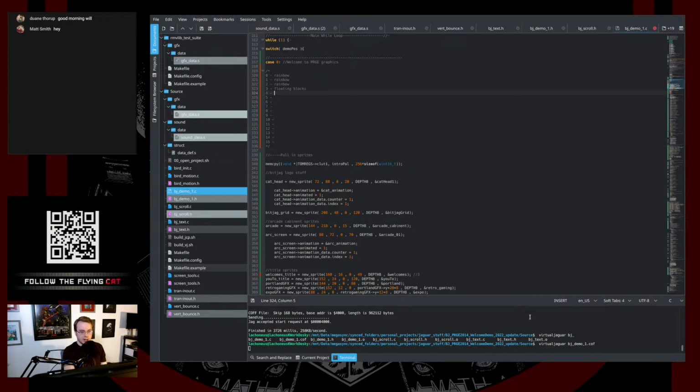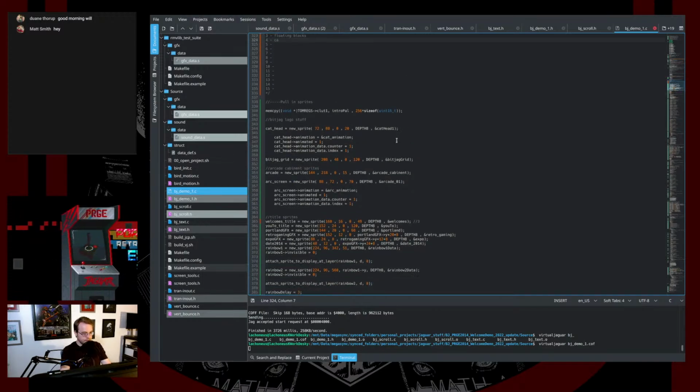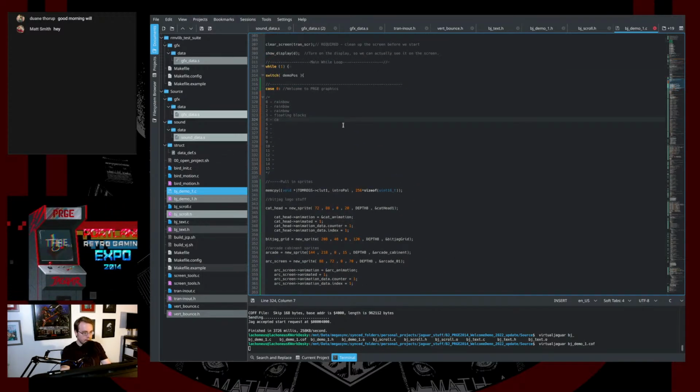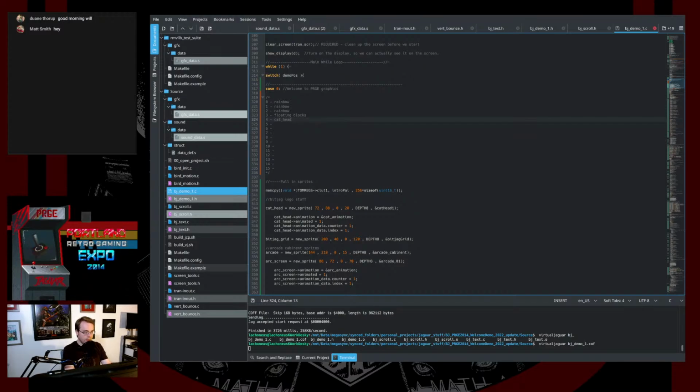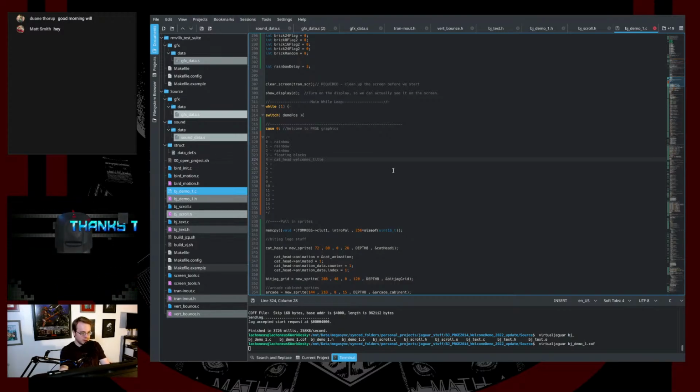So we have the BitJag name, which will be on a higher layer, and then we'll do the cat head and welcome on one layer. So cat, is that what it's called? Yeah, cat head, cat underscore head, and the welcomes, I don't know why I put an S at the end of that, the welcomes title. That will be on one layer,